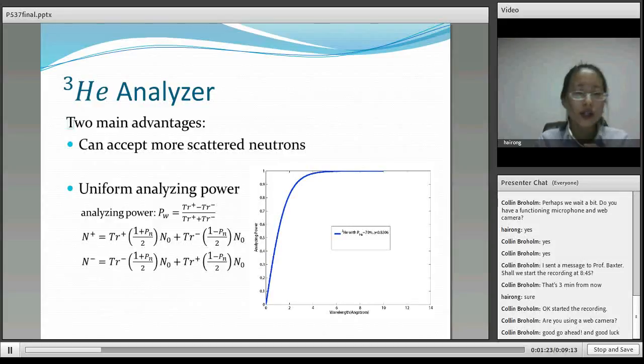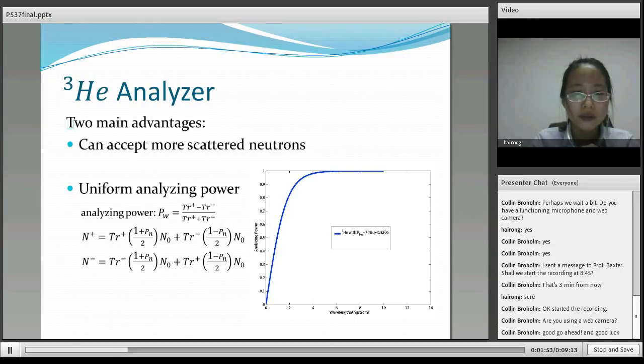Then there are two main advantages for the helium-3 analyzer. The first one is that it can accept more scattered neutrons, because the process I listed in the first slide is not dependent on the scattering angle or energy or momentum or any other physical values. So almost all the scattered neutrons can be accepted. And also, it has very good uniform analyzing